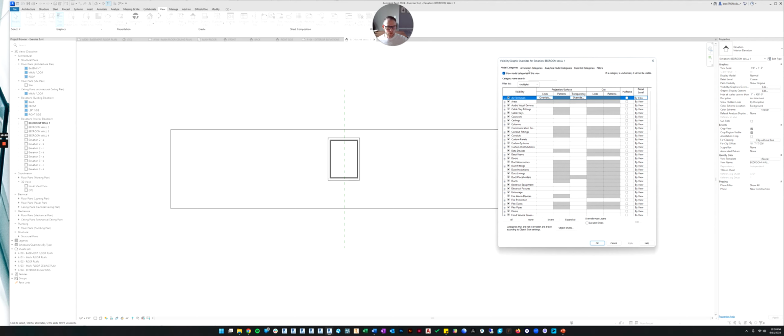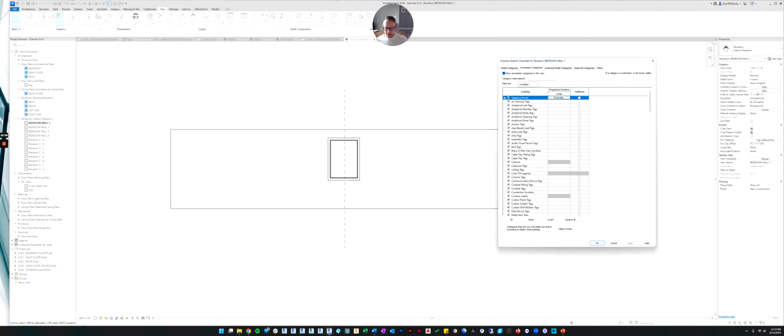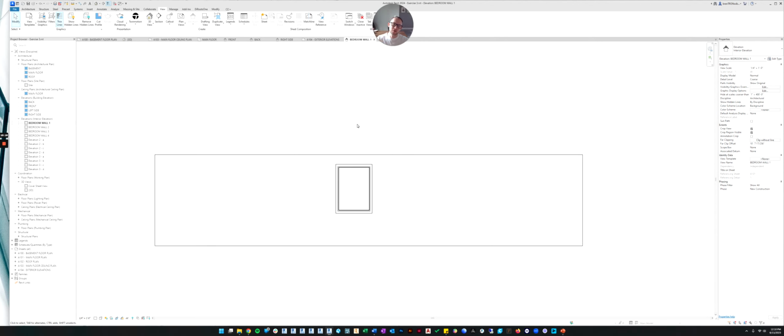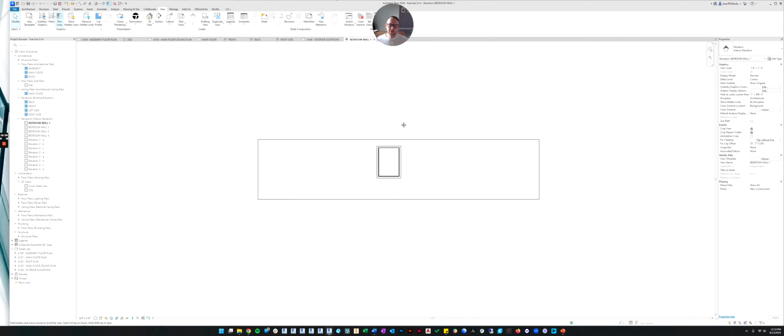And we can go to Reference Planes, which is an annotation item. So we'll jump down to the R's. And it says Reference Plane. Let's uncheck that box. That's the longer way of doing it, but it's always good for me to remind you there's two ways of doing it.